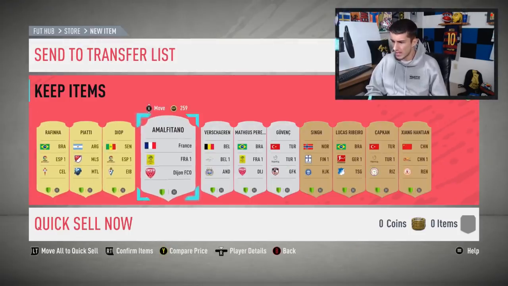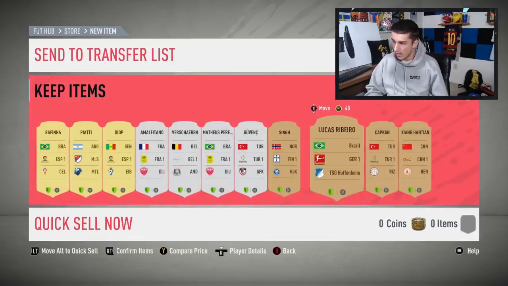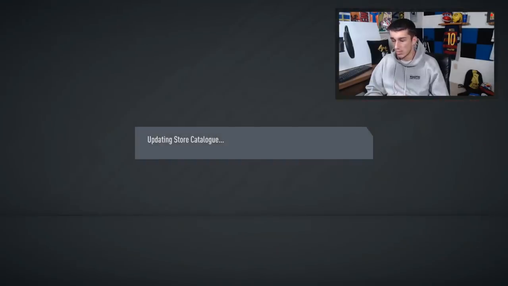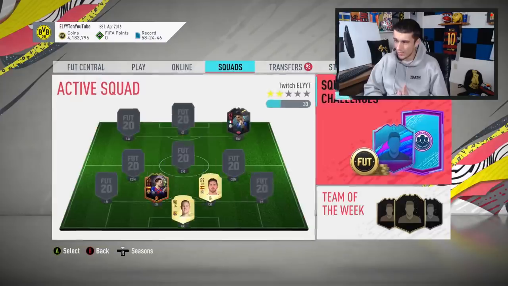We've got a couple guys here from the French league that might be able to sell. Same with the guy from Hoffenheim here as a bronze, so could have been worse bronzes and silvers. But we're going to go ahead and open one more pack just to see if we can get something before